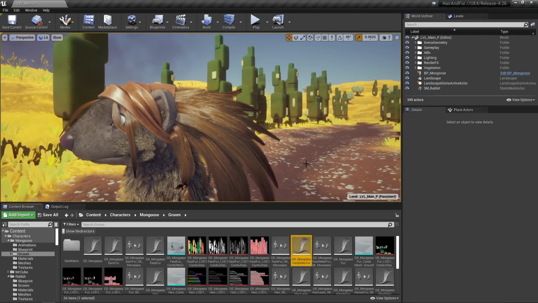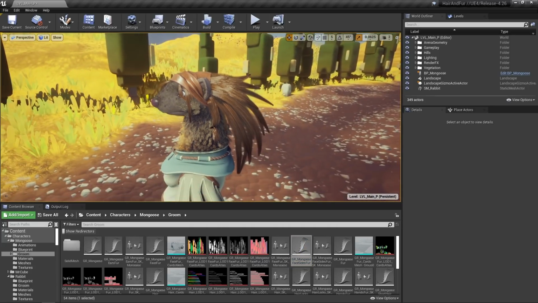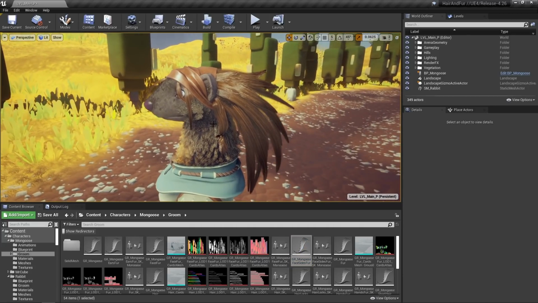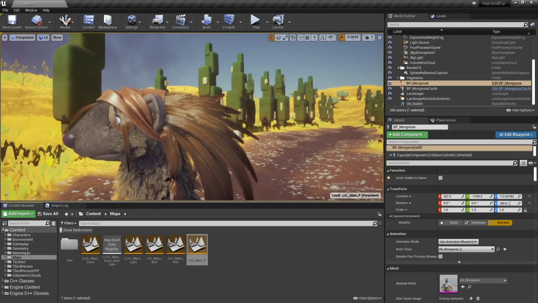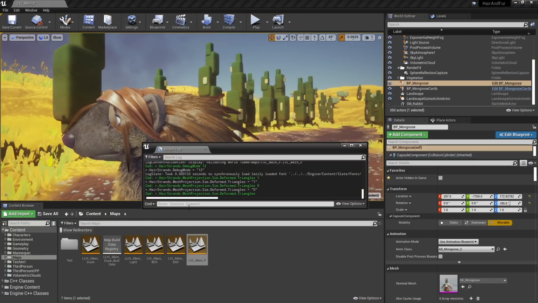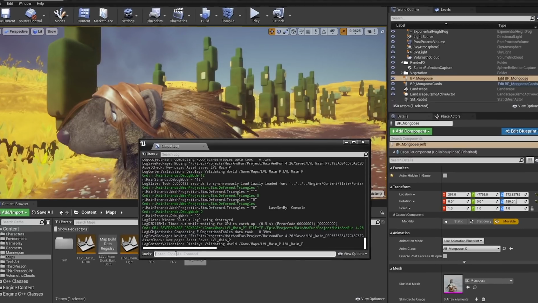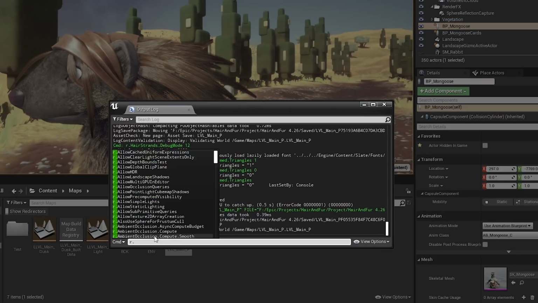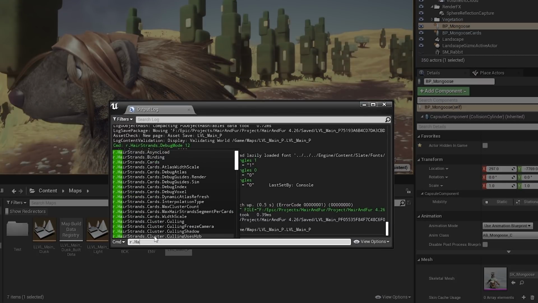But before doing so, let me show you one command that will allow you to see how the skinning process is being done. So what I have to do is go to the output log. I will activate the debug mode using the command hairstrands. There are a lot of different strands commands that you can check.